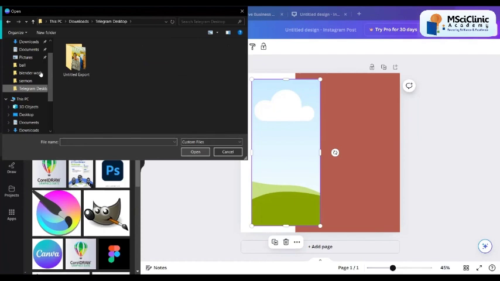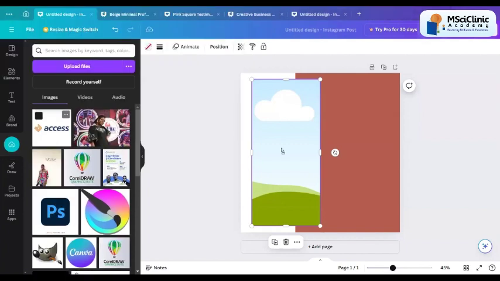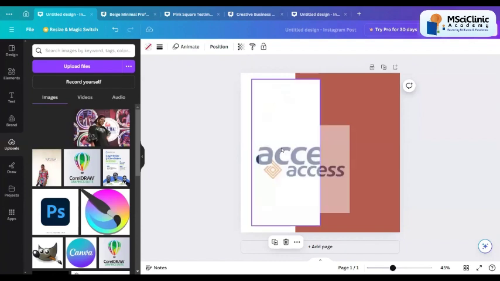Let me give an example. Let's say the picture I want to use is the Access Bank logo. I can just open and it will upload that. See that it's uploading it into the app. And then all I need to do is drag it and add it to the frame. So you just drag it to the frame,